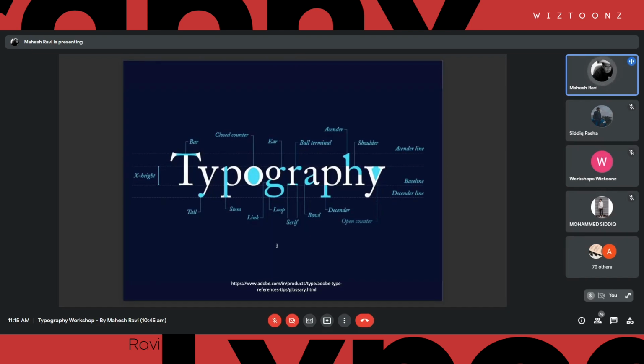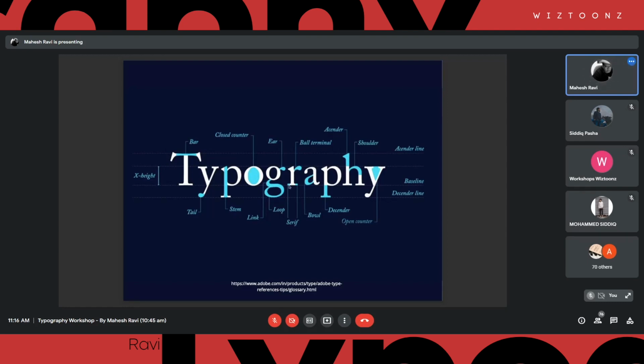Now, a quick understanding of the anatomy of typography, right? There are so many terms out there that you will connect with typography. Not everything is super important for you to understand right now, but it's good to know certain things. For example, the lowercase height of a character in any typeface, something like the A or the R, is called the X height of a letter. Imagine typing a small letter X in any typeface. That height of the X is called the X height.